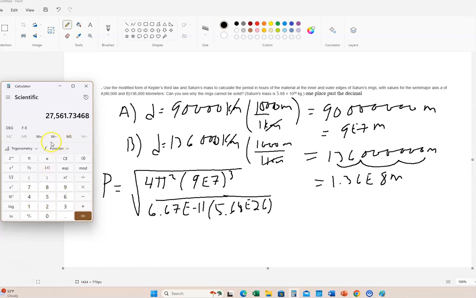I just left it unrounded here. So then you divide this number by, remember, if that's the answer in seconds, there's 60 seconds, there's